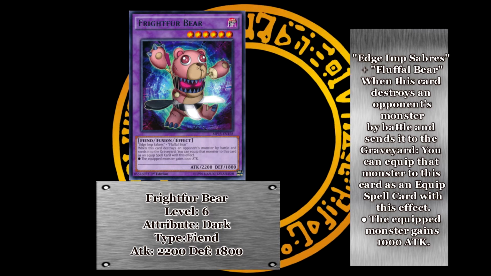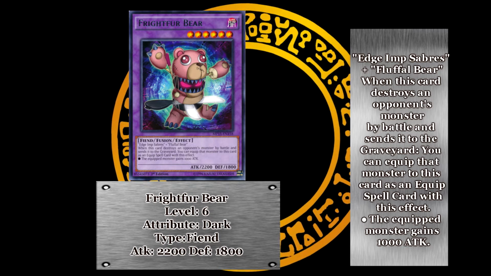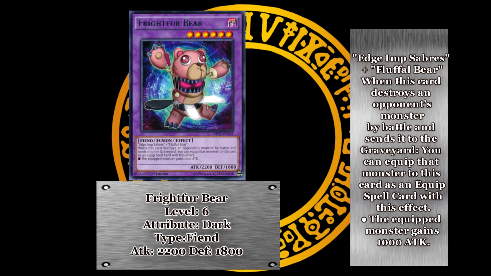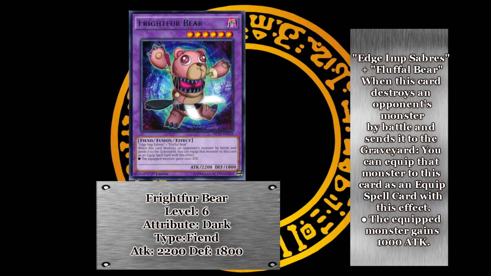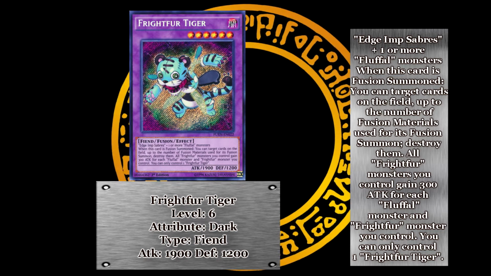When Frightfur Bear destroys a monster by battle and sends it to the graveyard, you can equip it to Frightfur Bear and give it an extra 1000 attack. This is only the first of 3 fusions that require Edge Imp Sabers, but the other 2 are a little more vague. The first of those 2, and the other card that really made me want to try this archetype,